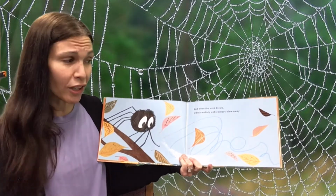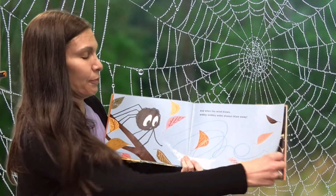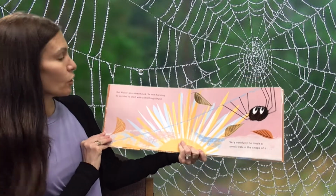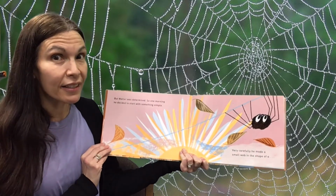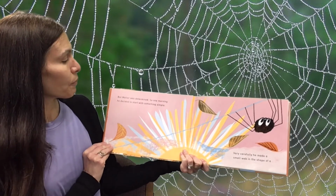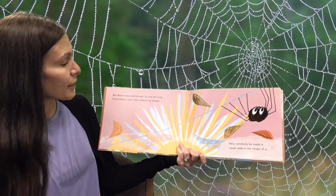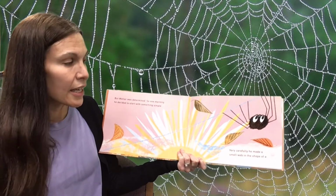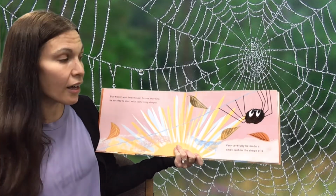Oh no, so there goes Walter's web with the wind. But Walter was determined. That means he wasn't going to give up easily. He was going to keep trying until he got it right. One morning, Walter decided to start with something simple. Very carefully, he made a small web in the shape of a...